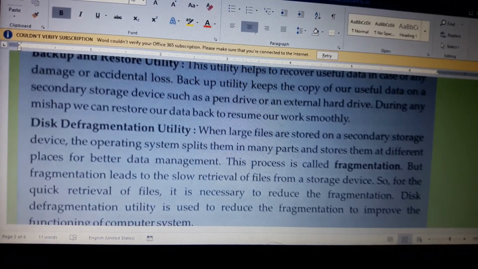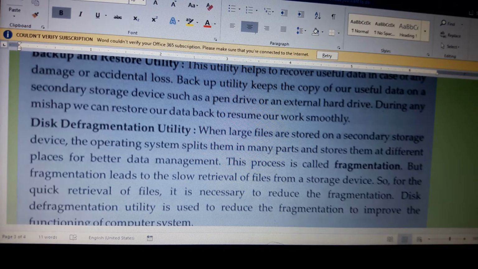Next we have disk defragmentation utility. When large files are stored on a secondary storage device, the operating system splits them into many parts and stores them at different places for better data management. This process is called fragmentation.